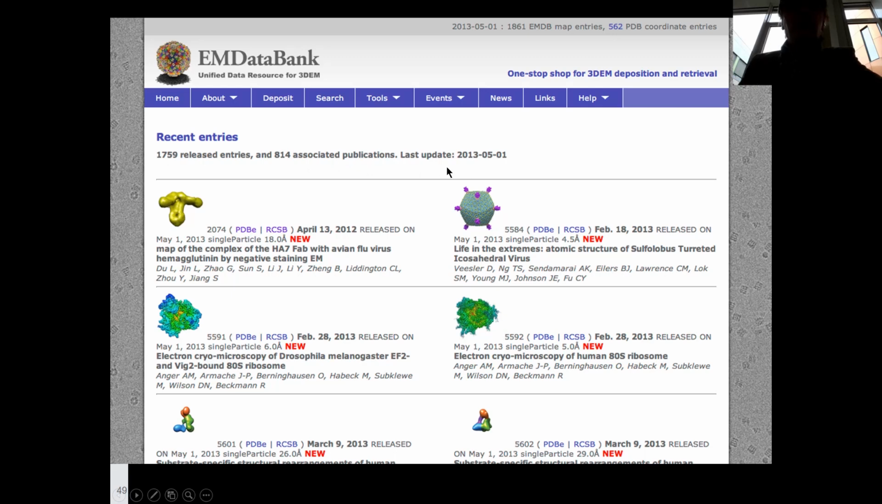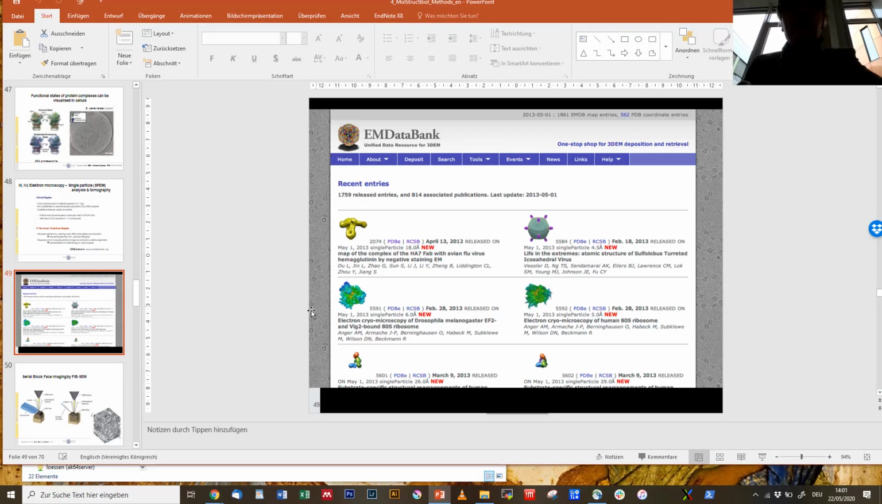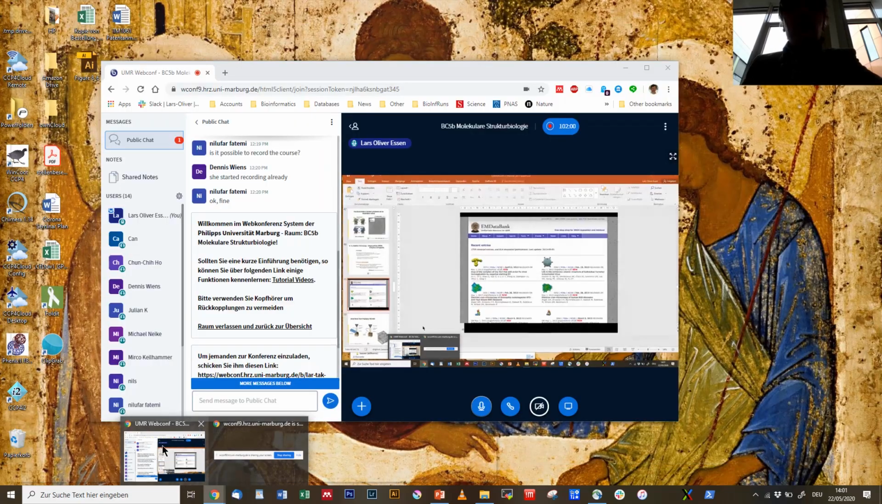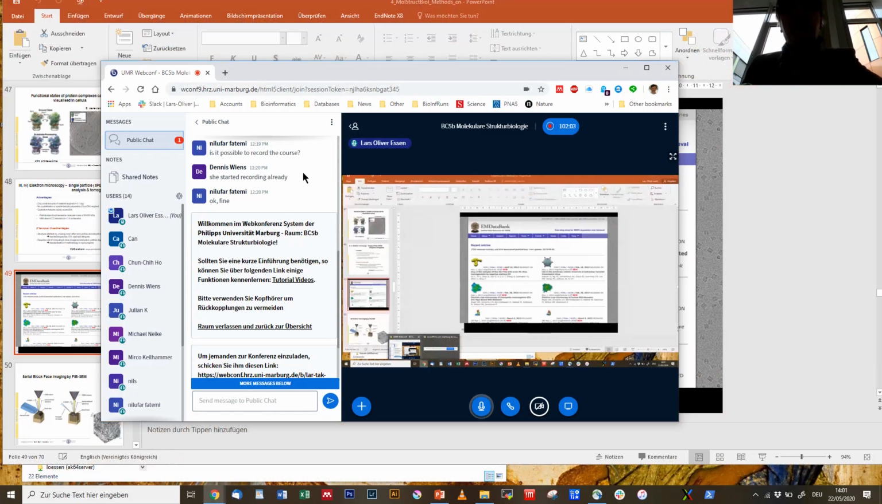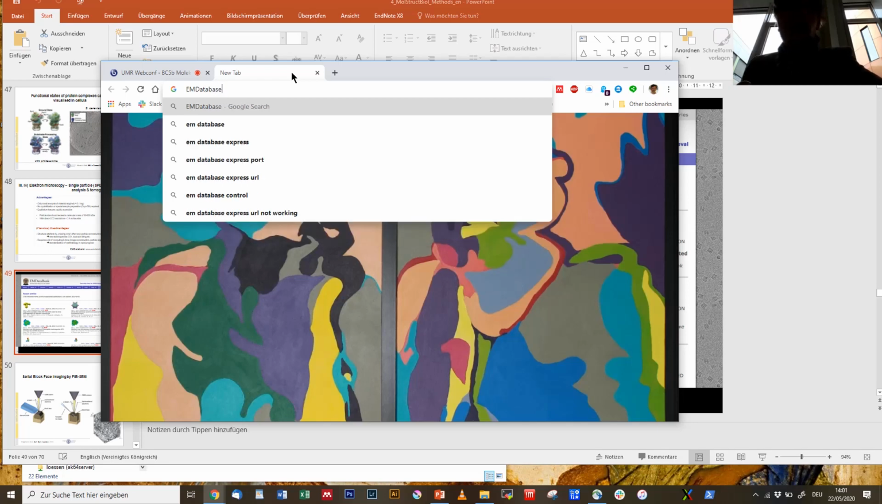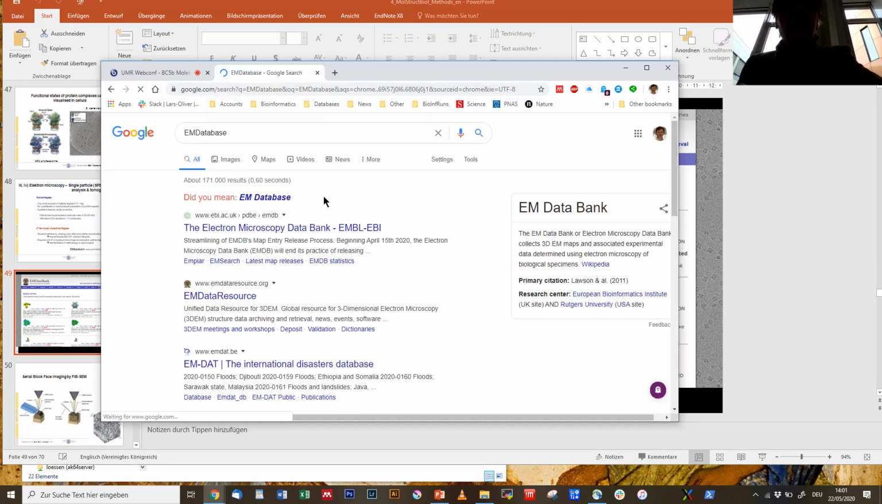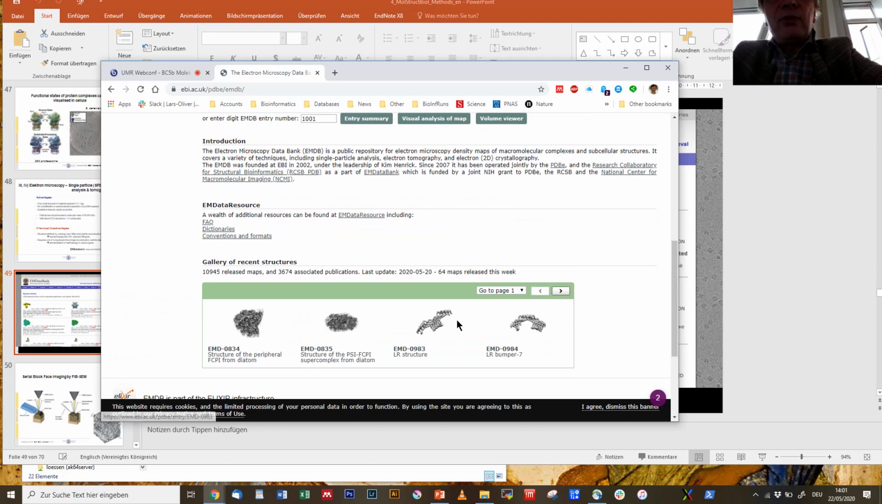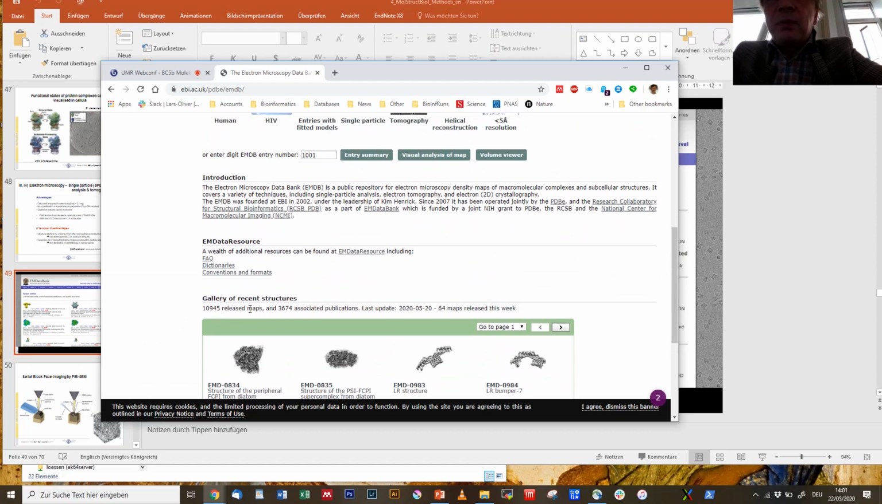And the number here is an old number. Let's take a look at how the number is now in 2020. Here, 1,759 released entries. What is the number today? That is an interesting question I want to answer now. So let me just think here. EM database. How many structures do we have now? Let's take a look. There's some number here. 10,945 released maps,